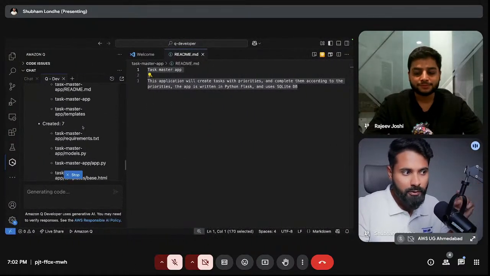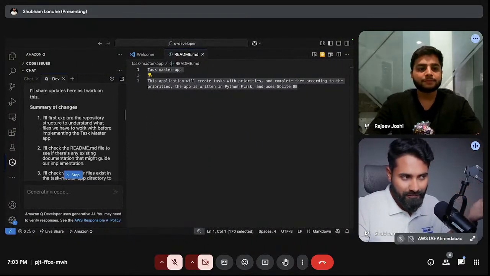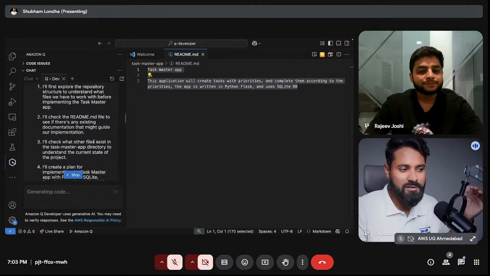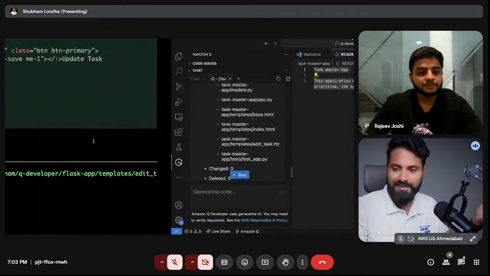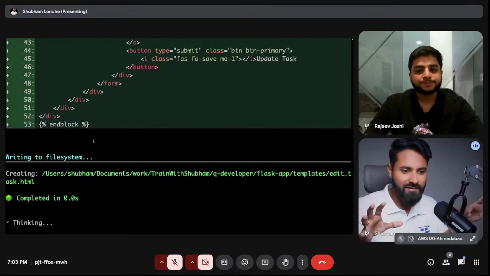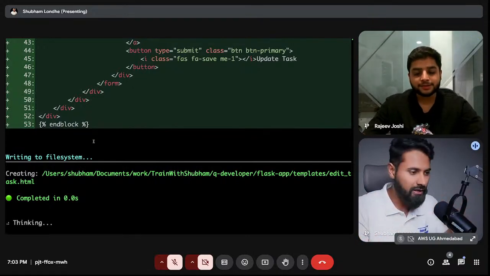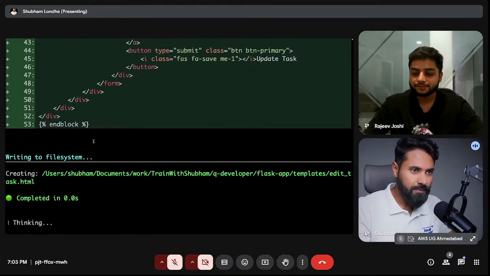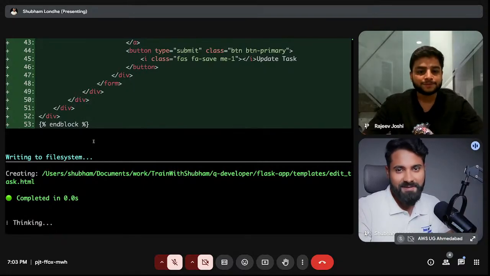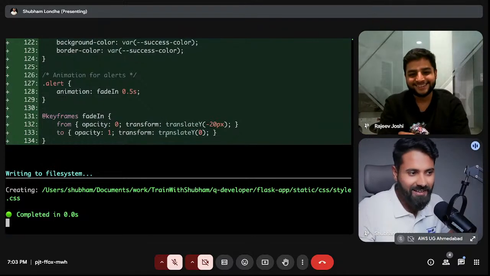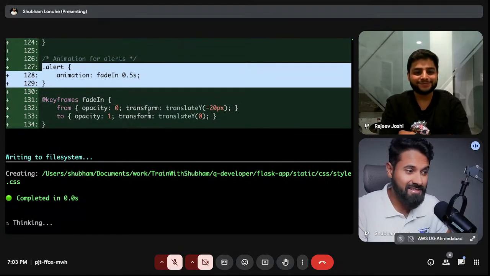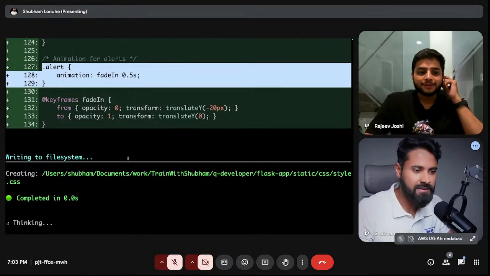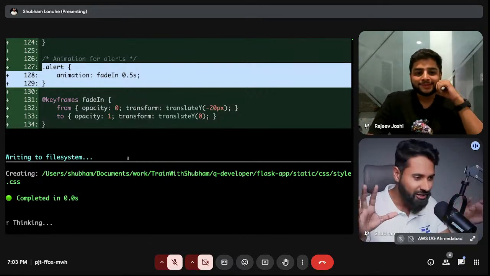At the same time, you can see Q Developer, which is on your IDE, has also generated the code, has also generated the project. So simultaneously, we have built two amazing products, which is in pipeline. It's currently going on. Okay, superb. Writing to the file system is taking some time because it's a lot of things. I think it's a big app. It is updating the task, or it has some animations and so on. Okay, it is adding the CSS styles, making it look all flashy, all nice.